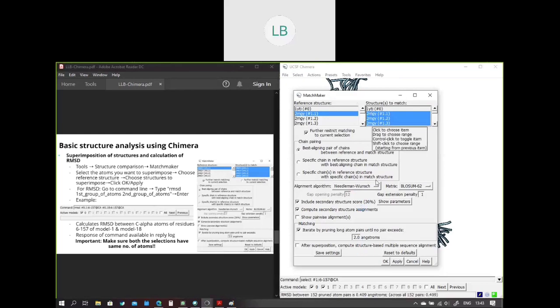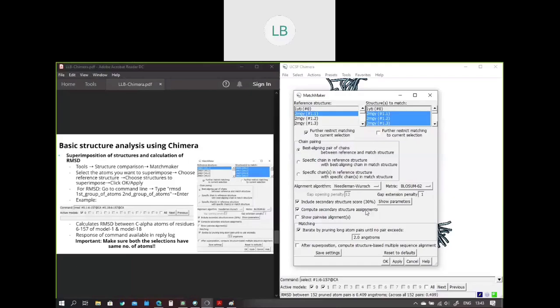Yeah, so now the superimposition is complete and it's showing that the RMSD between all the 20 superimposed structures is 0.4 angstroms. You can also see it in the reply log. 152 atom pairs were chosen, and the RMSD for the superimposition is 0.409 angstroms.